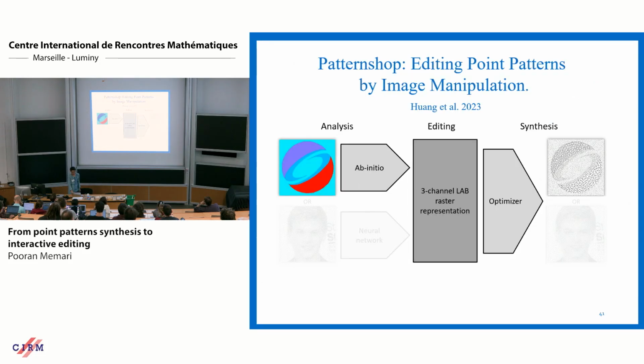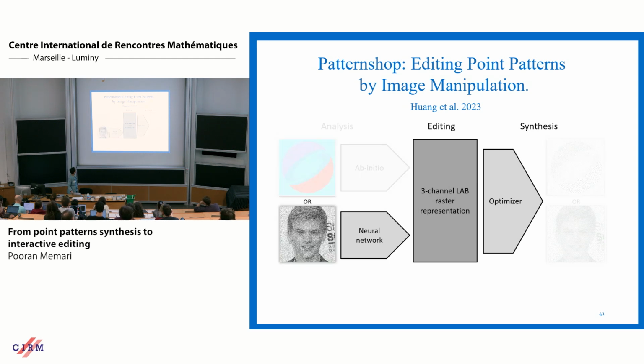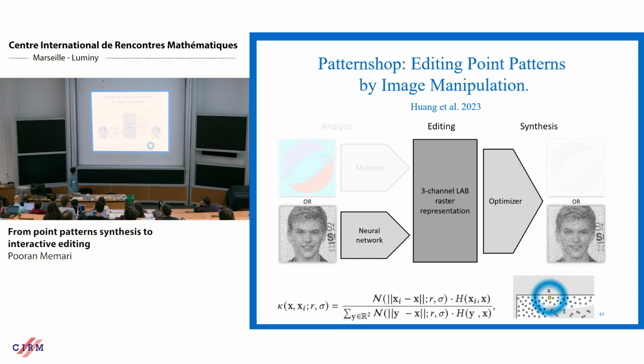So through this, not only can we synthesize a point pattern from a given color image, we can also, as I said, modify these things. And for this, indeed, we came up with the bilateral estimation of this, because when you are given such a point pattern to the network, this color correspondence is not necessarily computed.